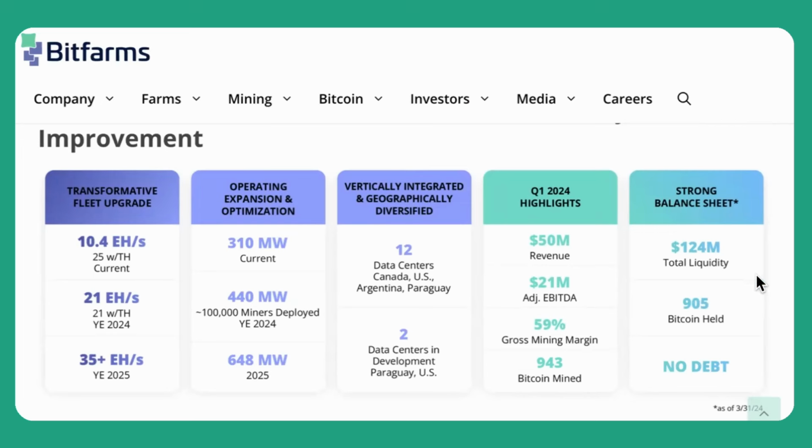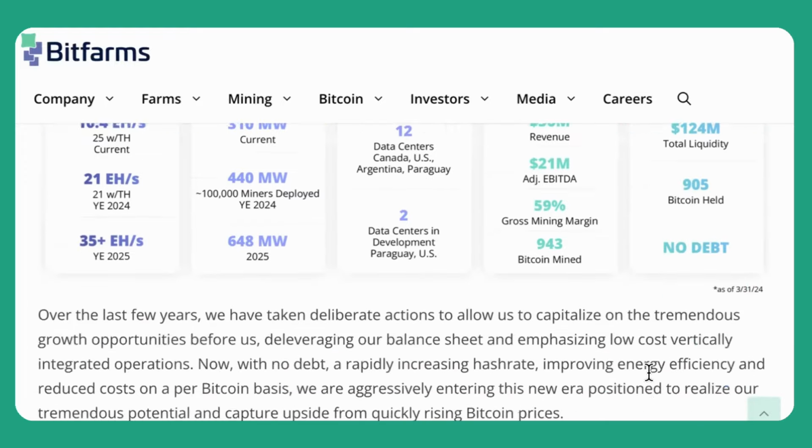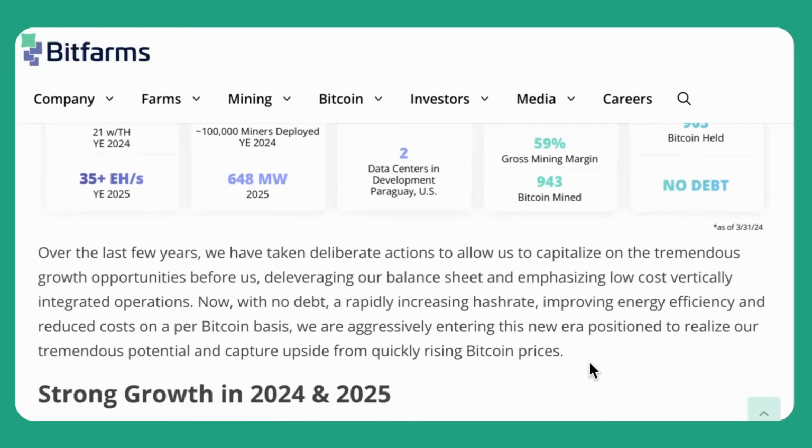Their balance sheet right here: $124 million in cash or cash equivalents. They have 905 Bitcoin in their treasury, and no debt. Okay, they have no debt. So, excellent